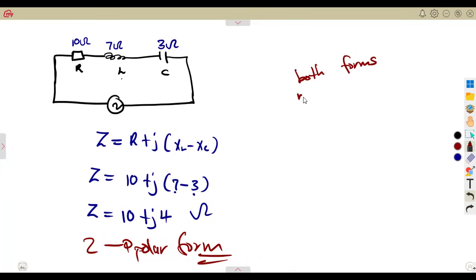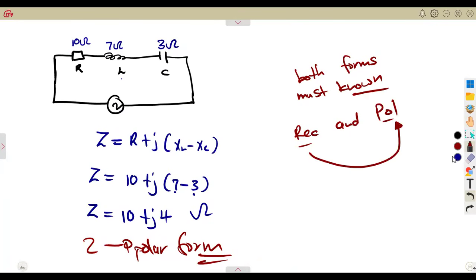Both forms must be known, the rectangular and the polar form. Conversion from one form to another also is supposed to be known,